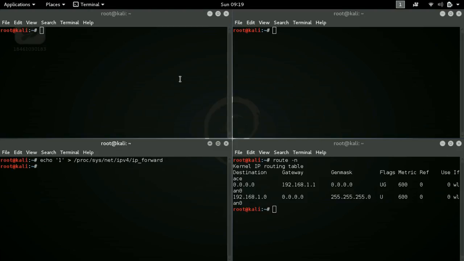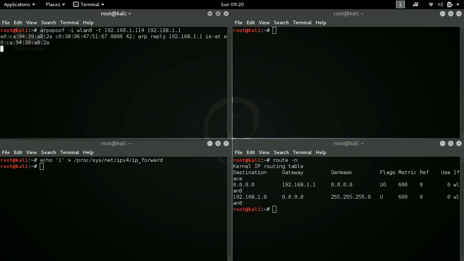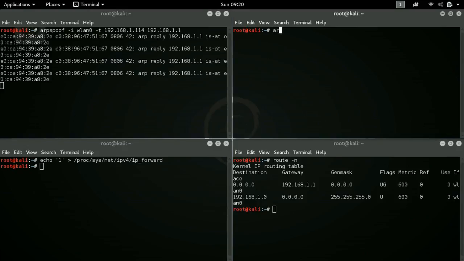Okay, now that we have that, it's time to lock on to our victim. Go over to this terminal and type in arpspoof -i wlan0 -t, and then paste in your target IP address, and then type in your gateway IP address, 192.168.1.1, and hit enter. Now you're going to type in the same thing, just reversed, on the next one. So arpspoof